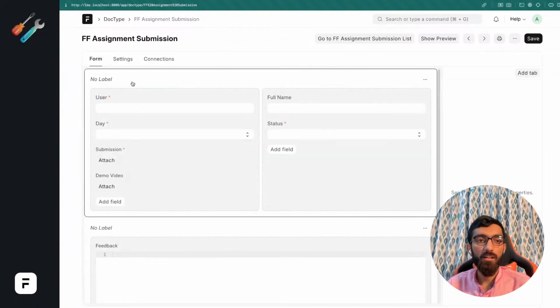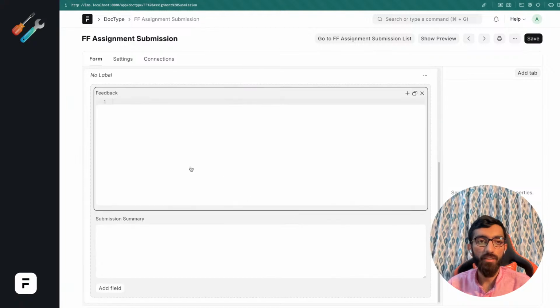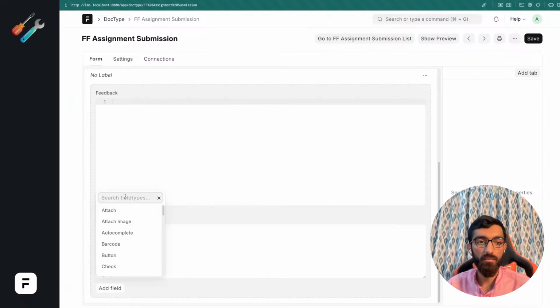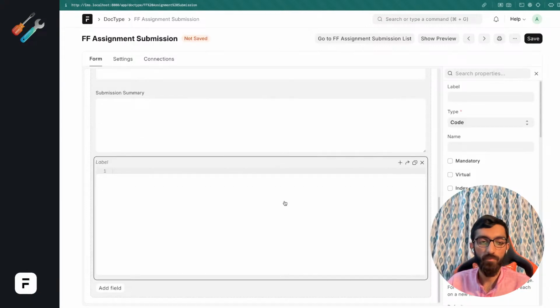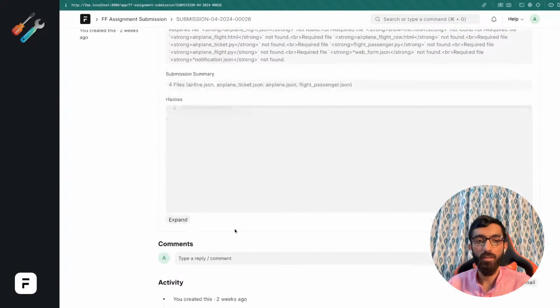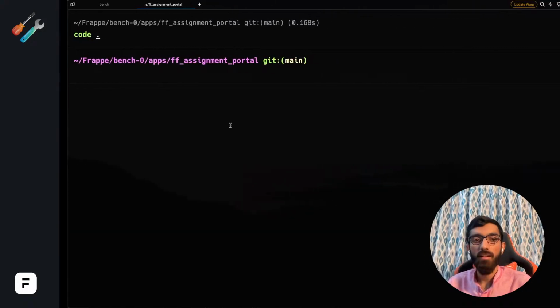So we'll start by adding a field here. JSON or code field, that is fine. Code. We'll say hashes. Does that sound okay? I think it is fine. JSON. Cool. And it should be read only. I'll make it read only later, but for now it is fine. As you can see, hashes. And now